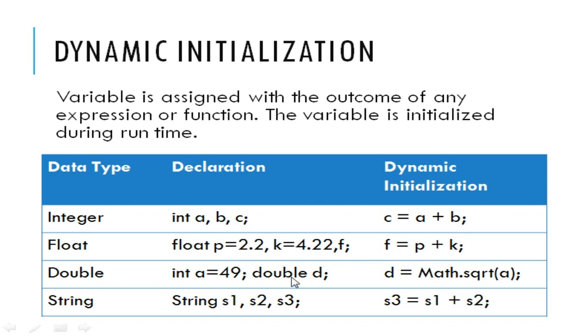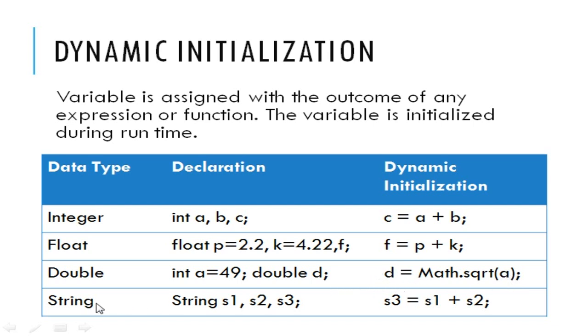Next is double, you got some double value, that is integer value, and then the result will be stored in double. The reason is when you use a mathematical function like this, which will be discussed later in the videos. We will be seeing all these mathematical functions later. So it will give you the square root of the value of A, and it will be stored in D.